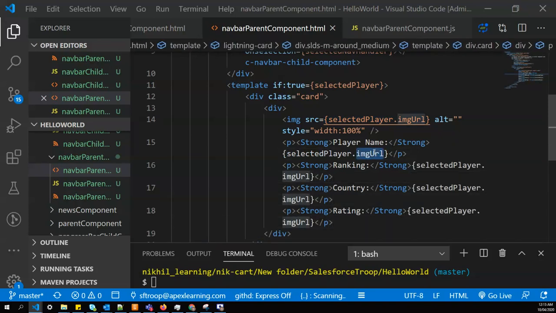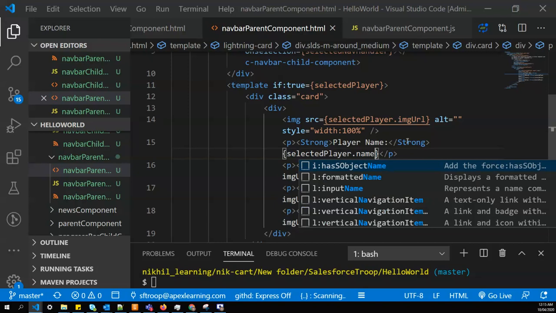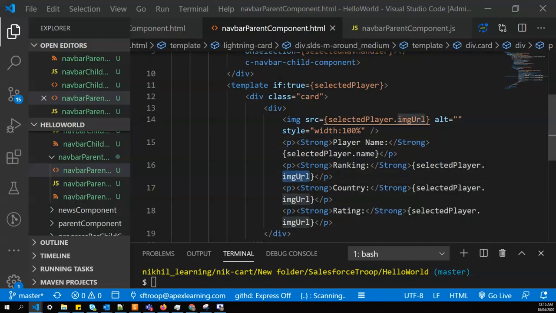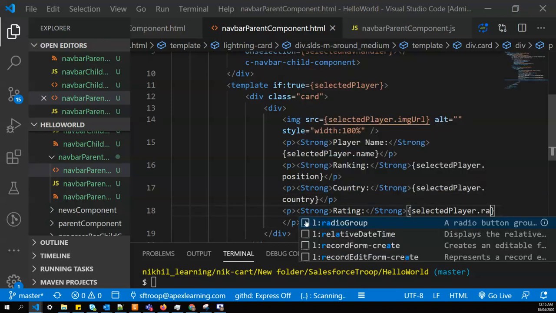So here it should be name, selectedPlayer.name, selectedPlayer position, country, rating.